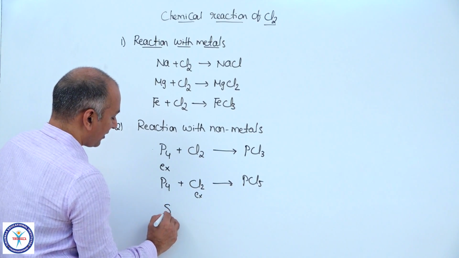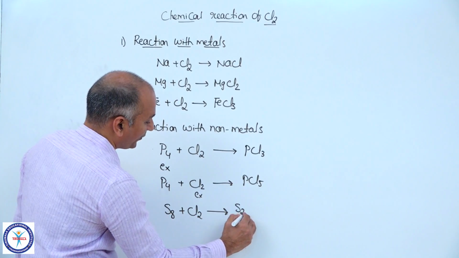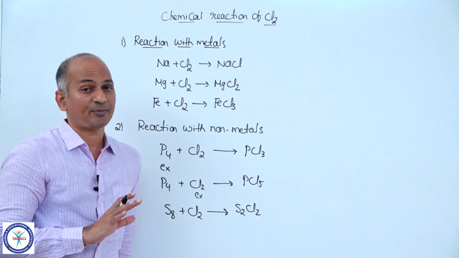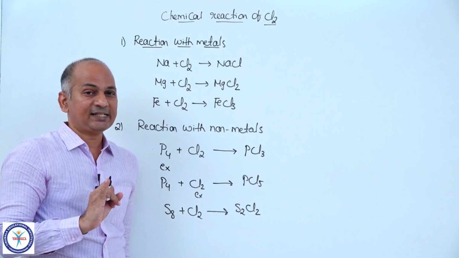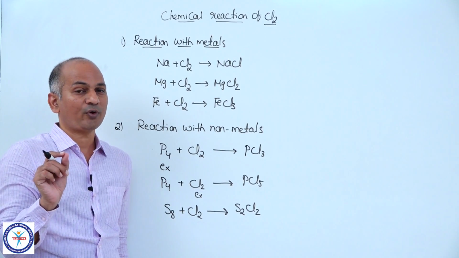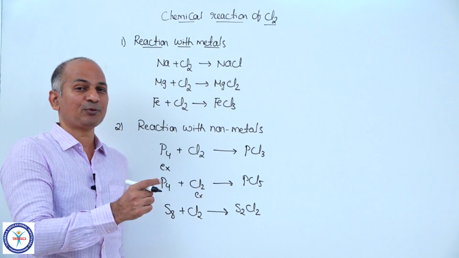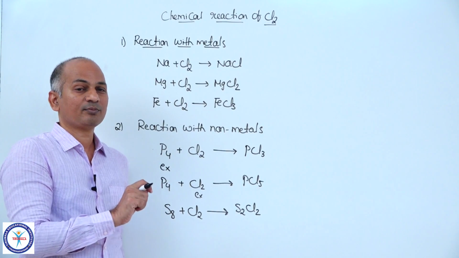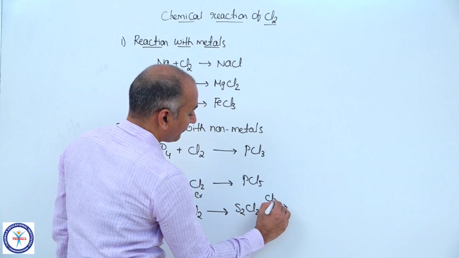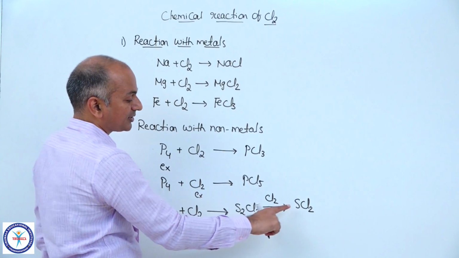And chlorine reacts with sulfur and you will get S2Cl2. All of you, do you remember this compound S2Cl2? Can you recall in which reaction this is obtained as one of the products? In the preparation of PCl3, that means the reaction between P4 and SOCl2, you will get PCl3 plus S2Cl2 plus SO2. Okay. And if you treat this S2Cl2 further with chlorine, then you will get SCl2. Here oxidation state +1 and oxidation state +2.